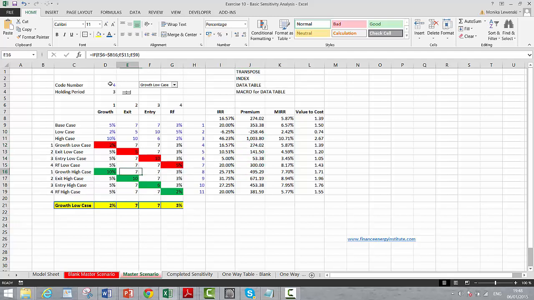Okay, there's tree rate, and then the same thing here. This put it from 20 to 25, 31, 27. This didn't have an effect, but it pushed the premium up. So that's how we can do this. Why don't we make one more thing? Why don't we see how quickly we can make a data table